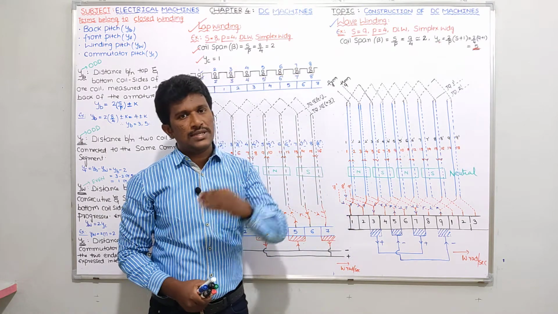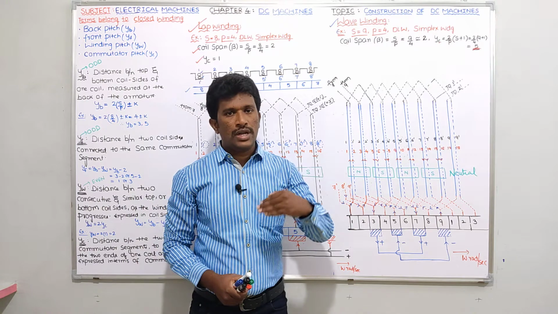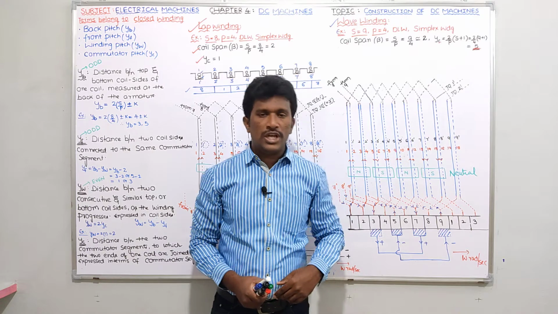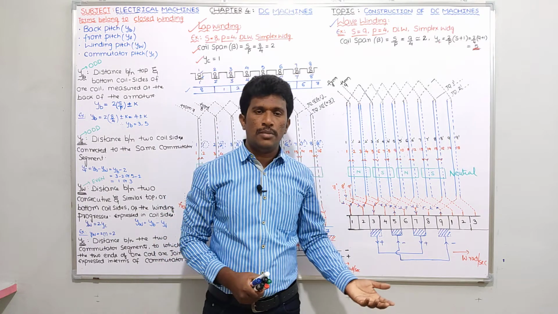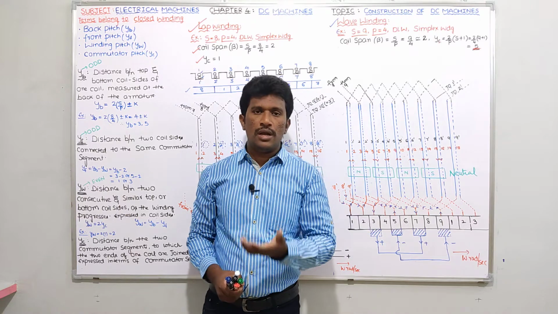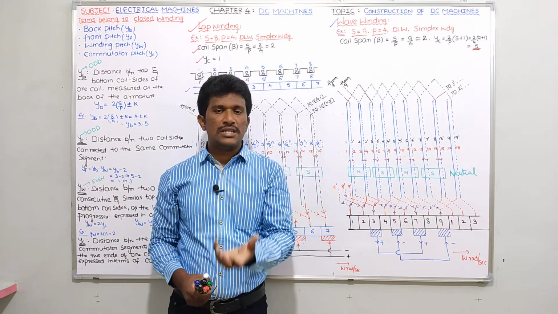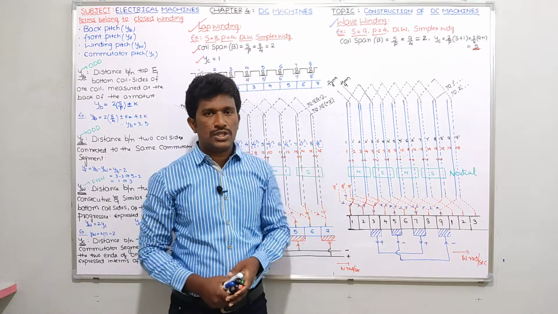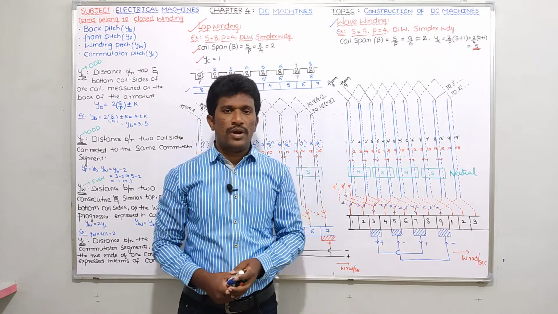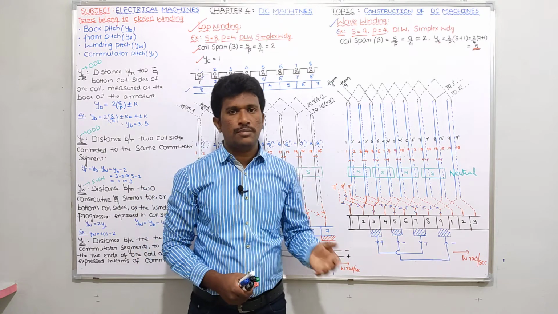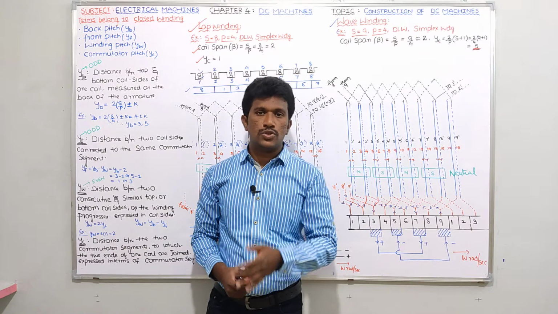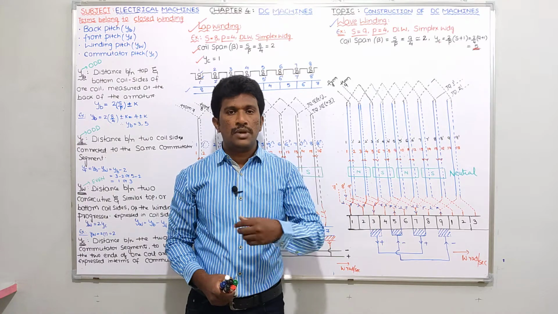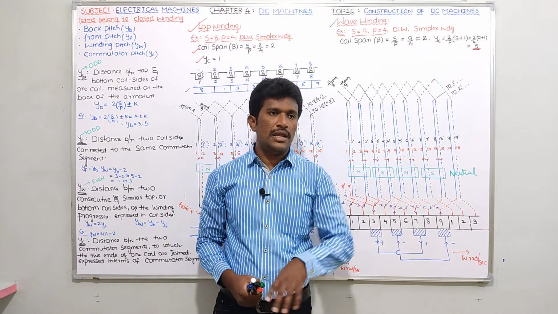Whereas in wave winding, the number of parallel paths is less, so current will be less and voltage will be more. So wave winding is used for high voltage, low current applications. Power is independent of the number of parallel paths, so for lap winding or wave winding, load power will be the same. I have also given the number of brushes for lap winding and wave winding, please go through that. Number of brushes equals number of poles in lap winding, and number of brushes equals 2 in wave winding. But for large machines in wave winding also, the number of brushes may become the number of poles. These things I already explained.